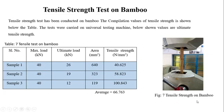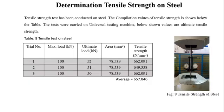And this image, figure number 7, shows the tensile strength of the bamboo after failure. So the tensile strength test on the steel is the same as before,